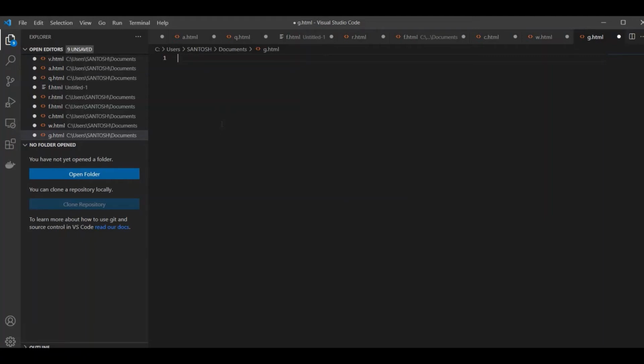For example, in simple language, take the human body: bones are HTML, muscles are CSS, and JavaScript is the brain. This is the simple explanation of HTML plus CSS plus JavaScript.